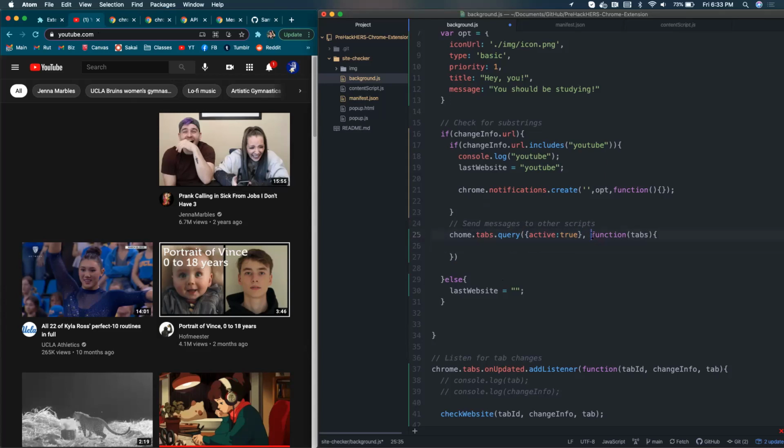And this callback function will take in the tabs. So what this does is it gets all the tabs that are currently active, and you can put other parameters here too to get a set of tabs. But this tabs array will only contain one item. And we're actually not even going to use this tabs in this logic, but within this, I'm going to say